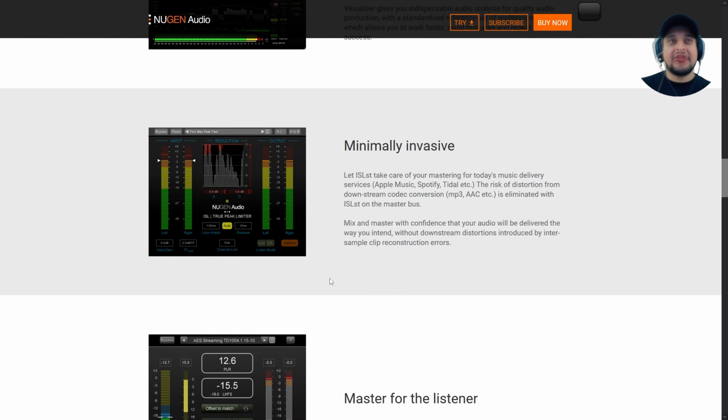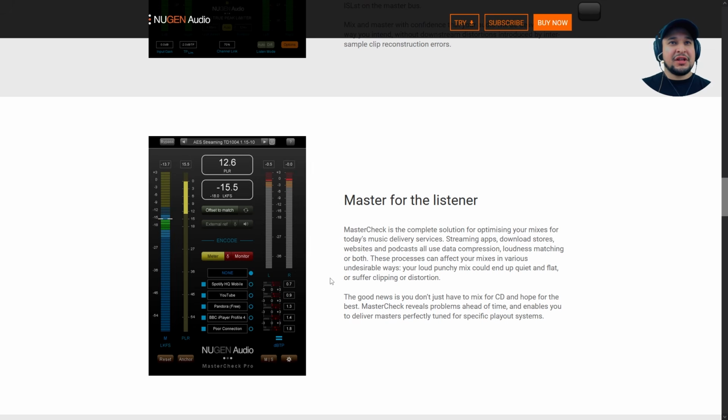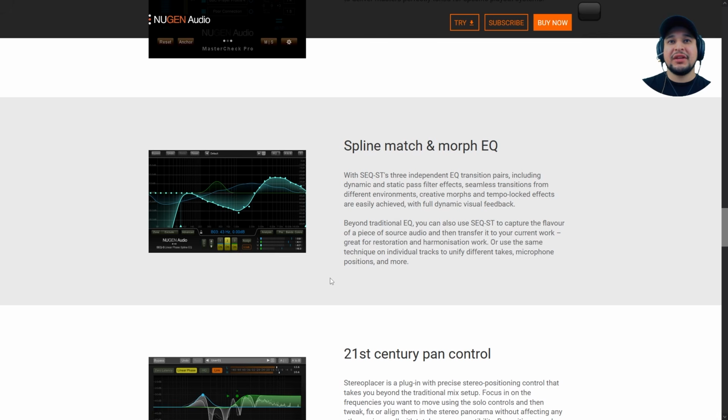Then we have ISLst, which is the stereo version of ISL, and it's a fantastic and transparent sounding limiter. Then there is Mastercheck, which is something that I use pretty much every day as well for checking my mixes, how they would sound like encoded. The next plugin up here is the SEQ-ST, which is a fantastic spline-based EQ. So instead of EQing your signal, adding one band at a time, you can kind of use this as a